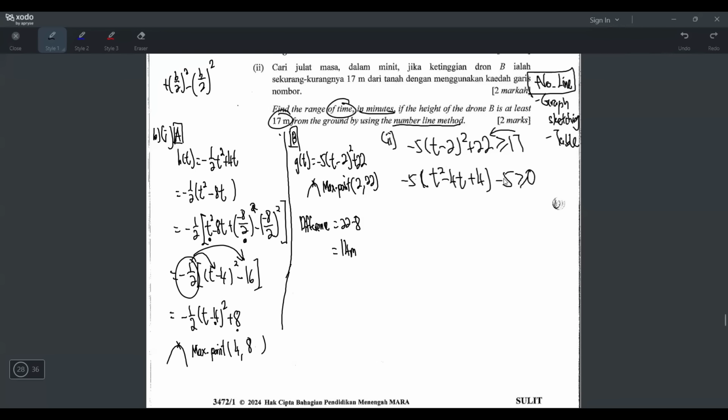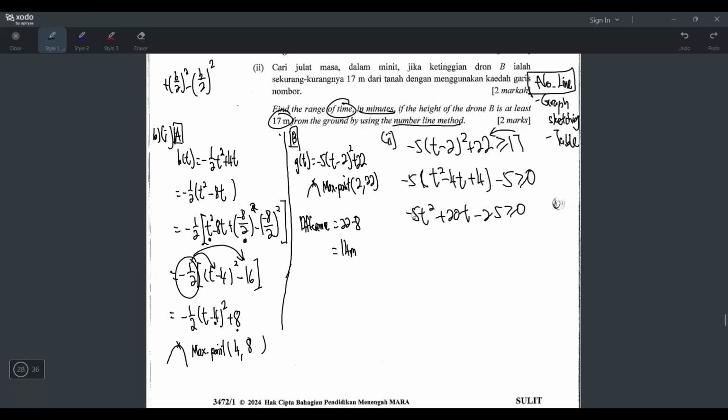The reason I move it here is because I want it to be 0 on the other side, because general form must equal 0. And then -5 distributed in gives -5t squared, +20t, -5 times 4 is -20, -5 then just write -25. Bigger or equal 0. And since later I need to use the number line method, I have to get my